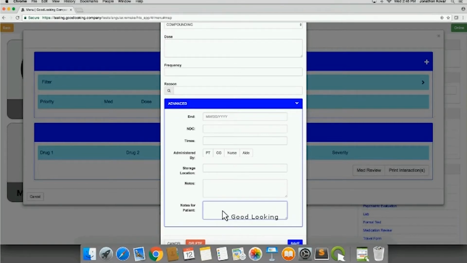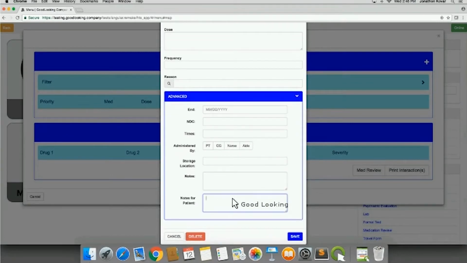This is beneficial. We actually just created a press release for the new COPs that are going into effect January 1st. One of those new requirements is your ability to give your patient information related to their care, which would include your medication profile. Well, now you can actually print out a med listing for your patient along with particular notes that the patient may need to know about. And these will be highlighted on that